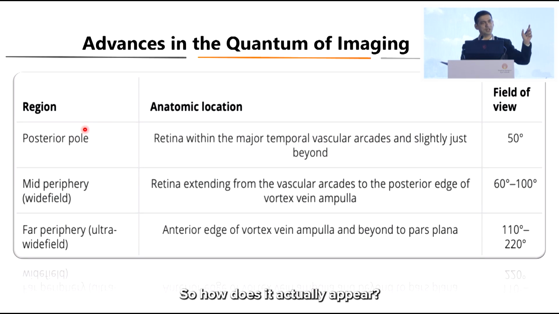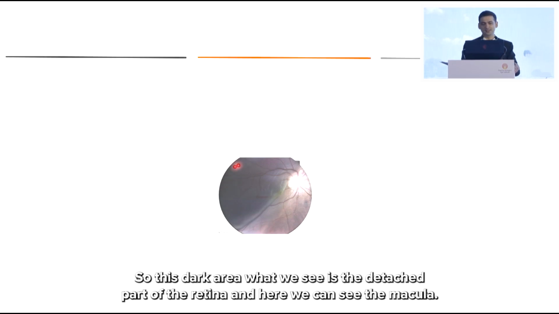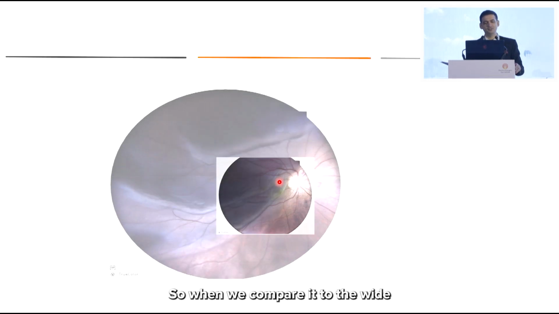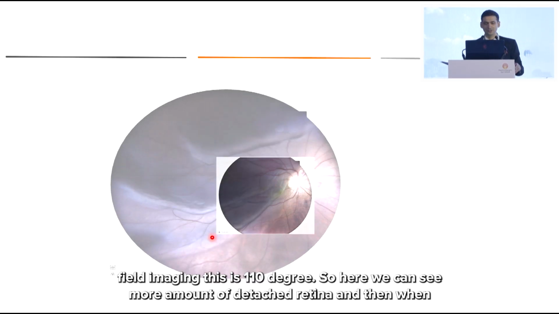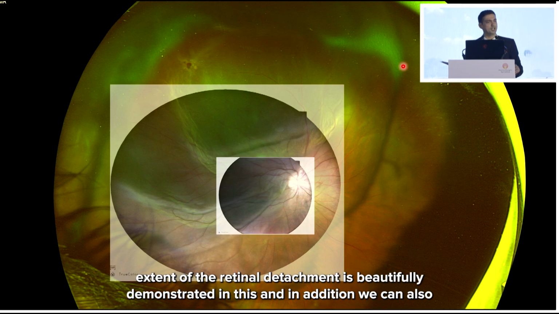So how does it actually appear? This is just a case of a retinal detachment, and this is a posterior pole photograph. This dark area is the detached part of the retina, and here we can see the macula. It's a standard 50-degree photograph. When we compare it to the wide field imaging, this is 110 degrees, and here we can see more of the detached retina. And when we go to ultra-wide field imaging, this is what we actually see. The extent of the retinal detachment is beautifully demonstrated in this. And in addition, we can